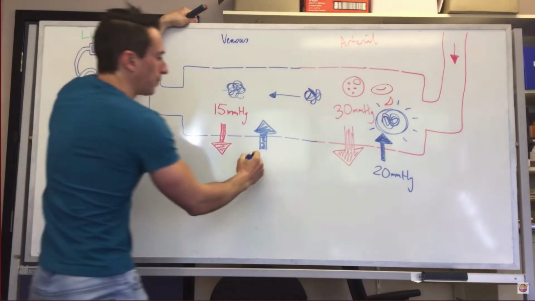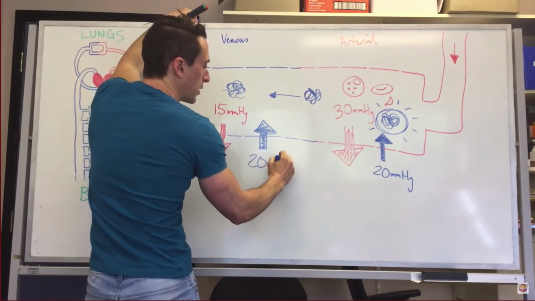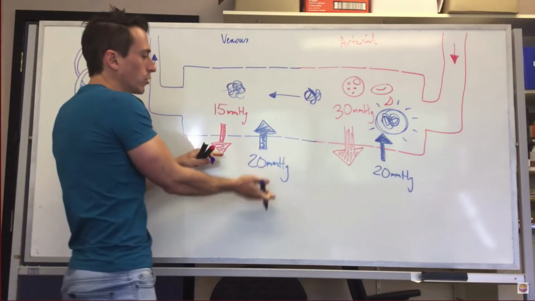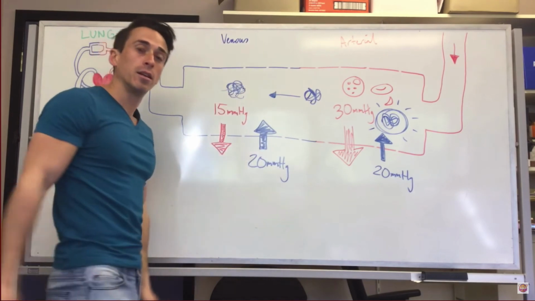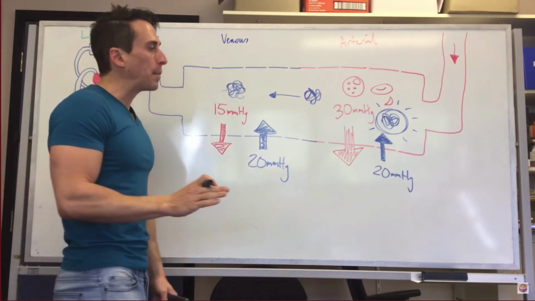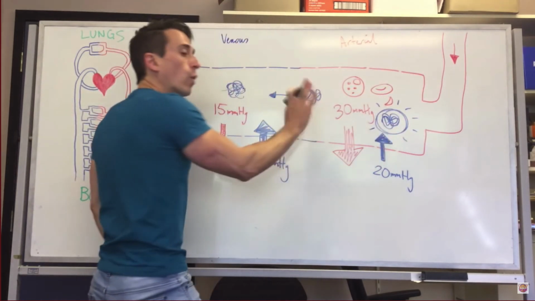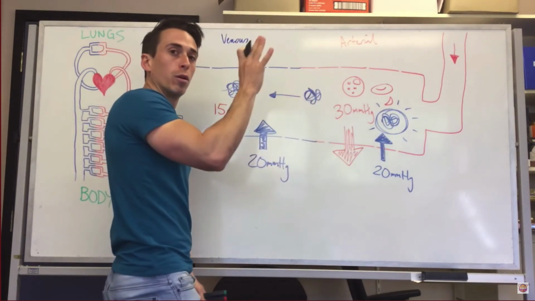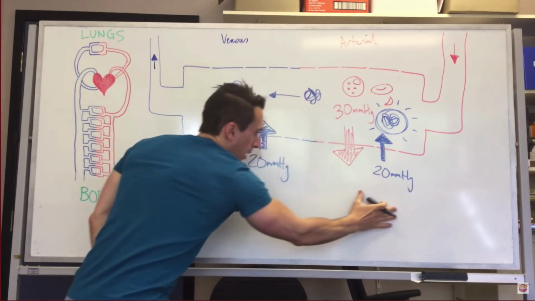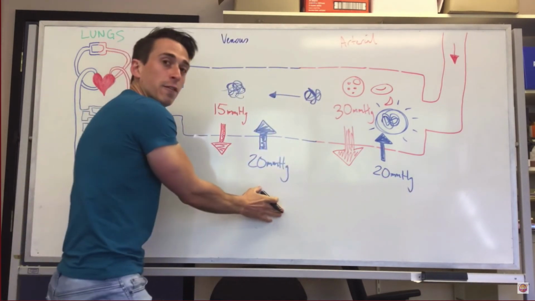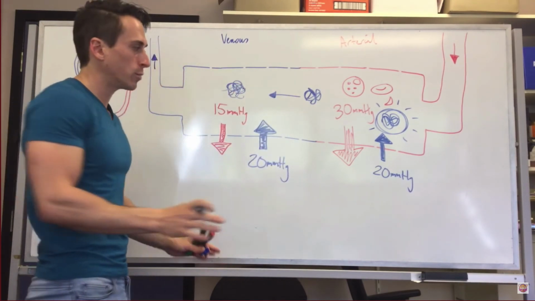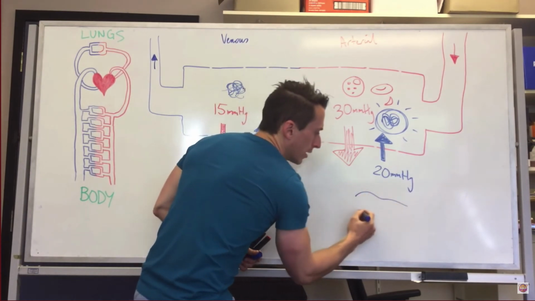So have a look now. If you were to measure the pressures against each other, which one now wins? Well, 15 out, 20 in, the pull in now wins. The difference, 5 millimeters of mercury. So what that means is, at the arterial end, we have a bulk flow or a net flow of fluid being pushed out. And then when we get to the venous end, we have a net flow of fluid being pulled back in. And the reason why this is important is because the fluid that's on this end